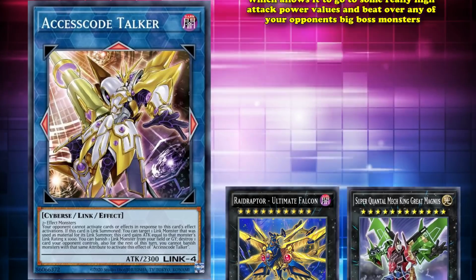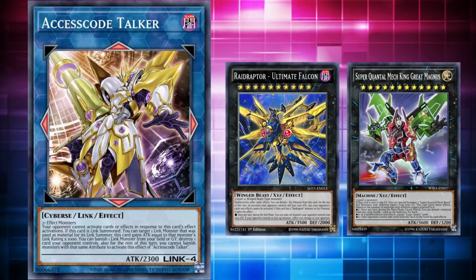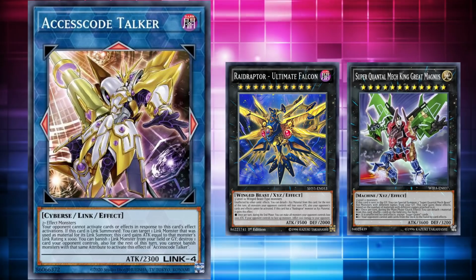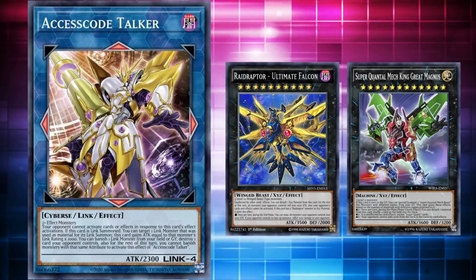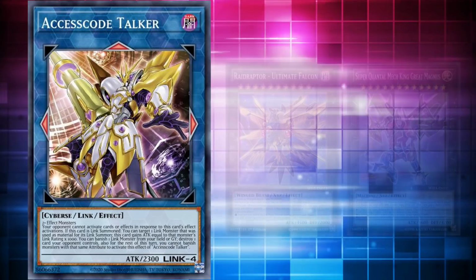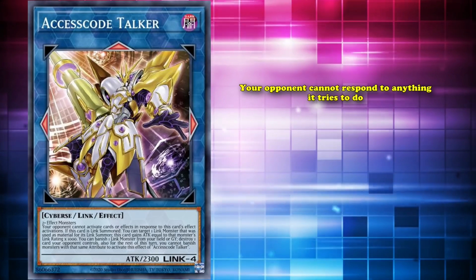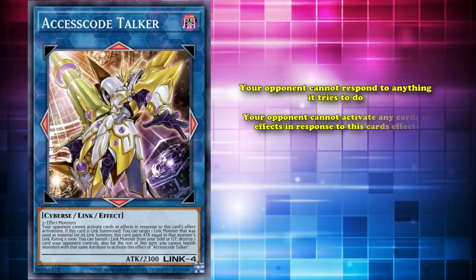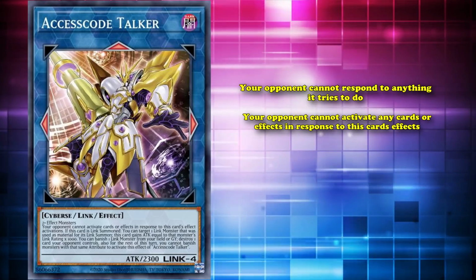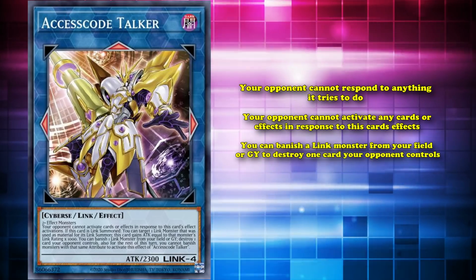A lot of unkillable boss monsters only have the weakness of being destroyed by battle. So if your opponent has something out like Ultimate Falcon, which is immune to all card effects and has a high attack power value, Accesscode Talker kinda makes quick work of it. It also has a whole bunch of spell speed 4 effects, where your opponent can't respond to anything it tries to do, as it has the effect where your opponent can't activate any cards or effects in response to this card's effects, which is important because it has another effect where you can banish a Link monster from your field